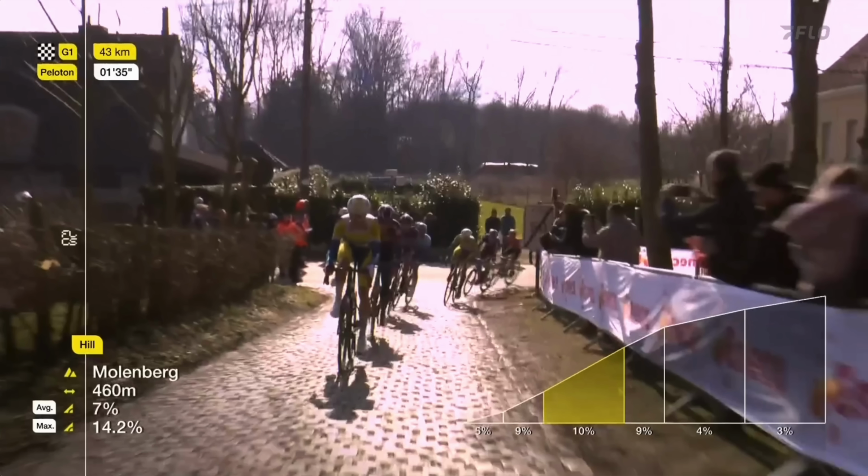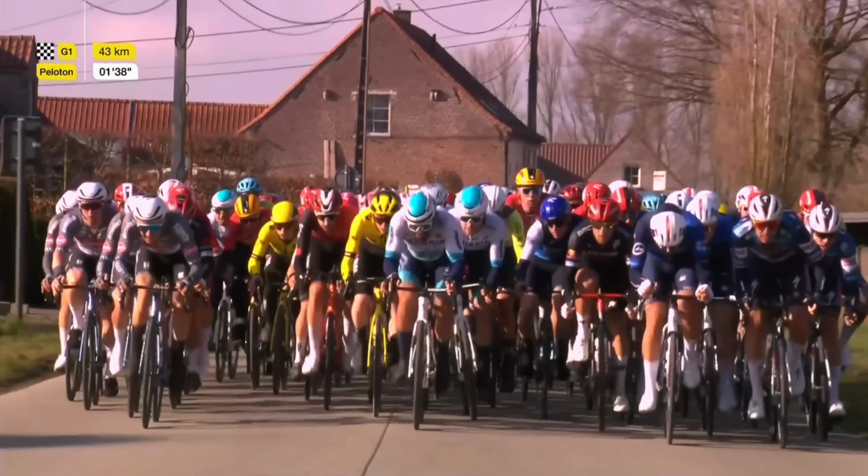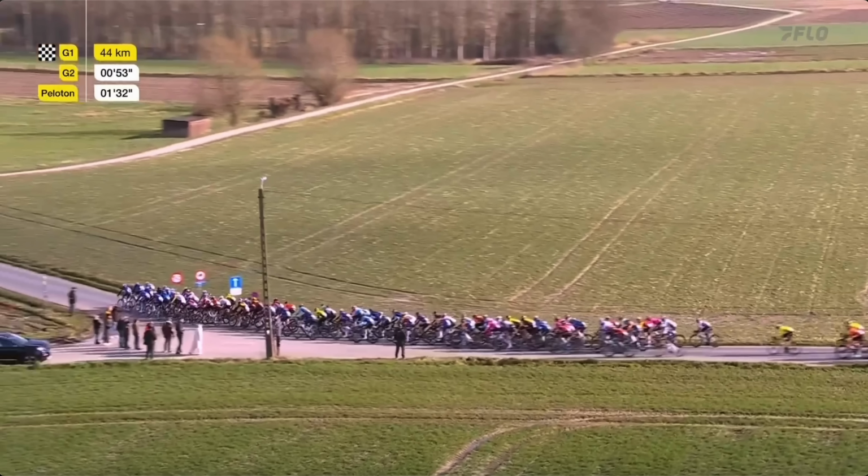It's the Molenberg, and the group of 7 is still up the road, but their gap is just about a minute 25 seconds. As they start the Molenberg proper, we go back and look at the peloton. The peloton's curb to curb right now, and Wout van Aert is not at the front. It's 44 kilometers to go, and I'll back it up just a kilometer so I can show you Wout still